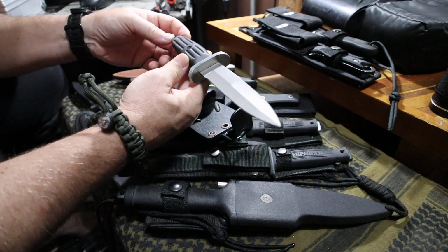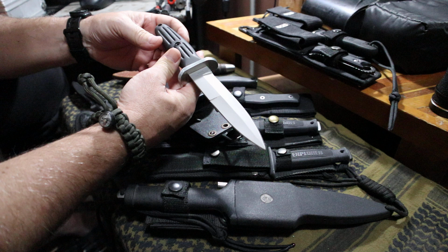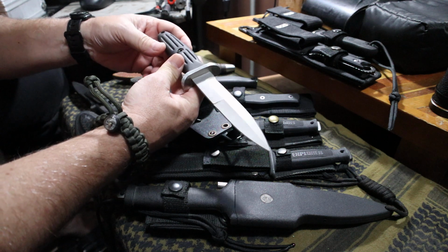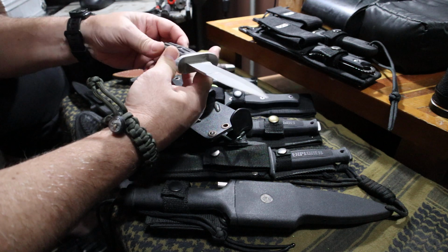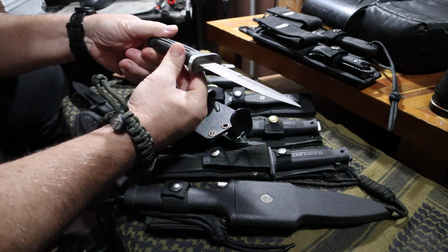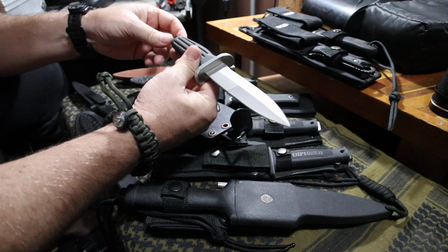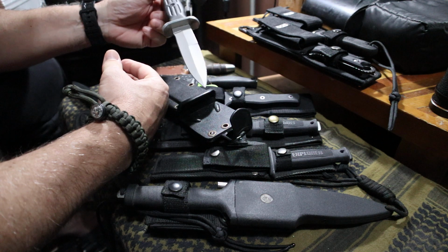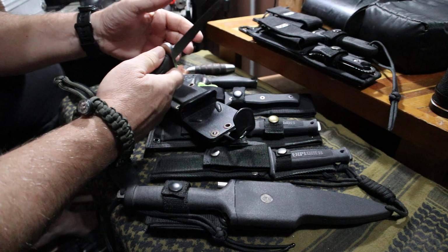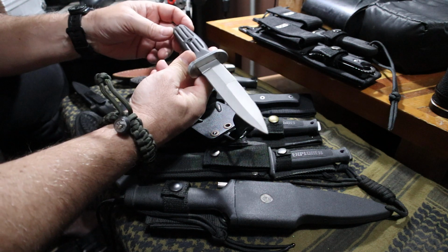and for what a boot knife does, and actually any combat knife, they're designed for that one time that you need it the most, one time to save your life. You're going to deploy it and utilize it. And so if we get a fairly decent edge on there, it's going to perform for us. And this one has a pretty decent edge on it, actually. And it's very pointy. And for the price you put into it,